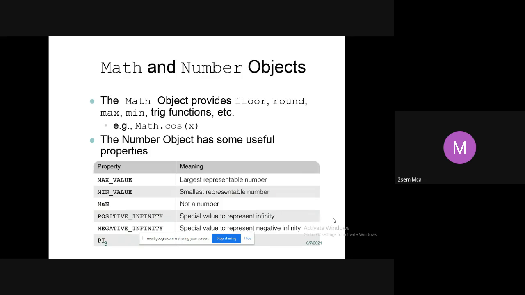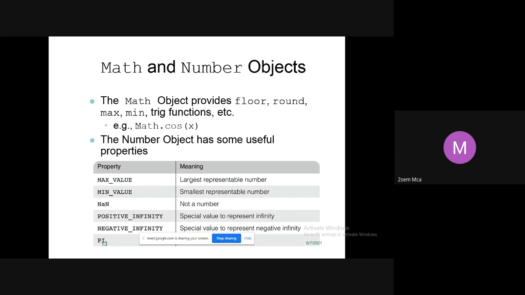To execute any mathematical function programs, we use the Math and Number objects. Here we have some examples. We use the math function in the program as Math.cos(x). You all know that we have trigonometric functions: sine, cos, tan.